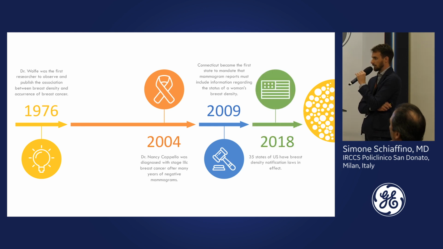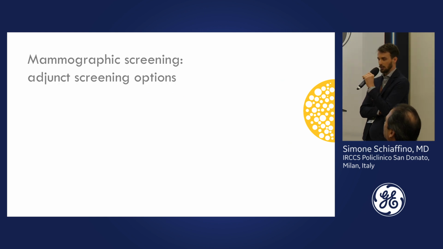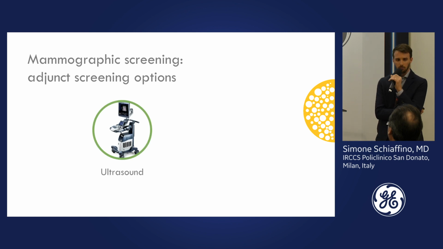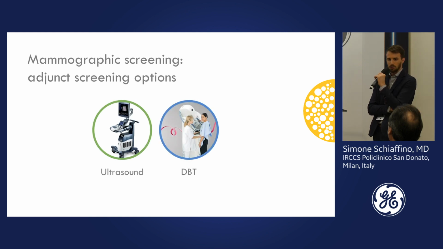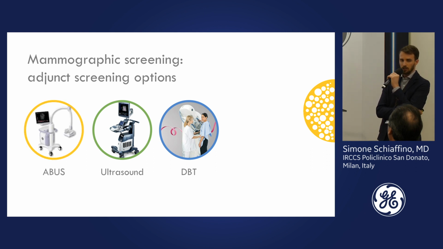But despite this high prevalence and the advocacy of Nancy Capello, there's still no agreement about the best adjunctive diagnostic tool for the assessment of these women. Handheld ultrasound has been proposed as one of them, digital breast tomosynthesis, and ABUS. Among you, what would you suggest for these women? For example, do you suggest ABUS for women with dense breasts, or you perform tomosynthesis, or do you do nothing? Well, in my country,